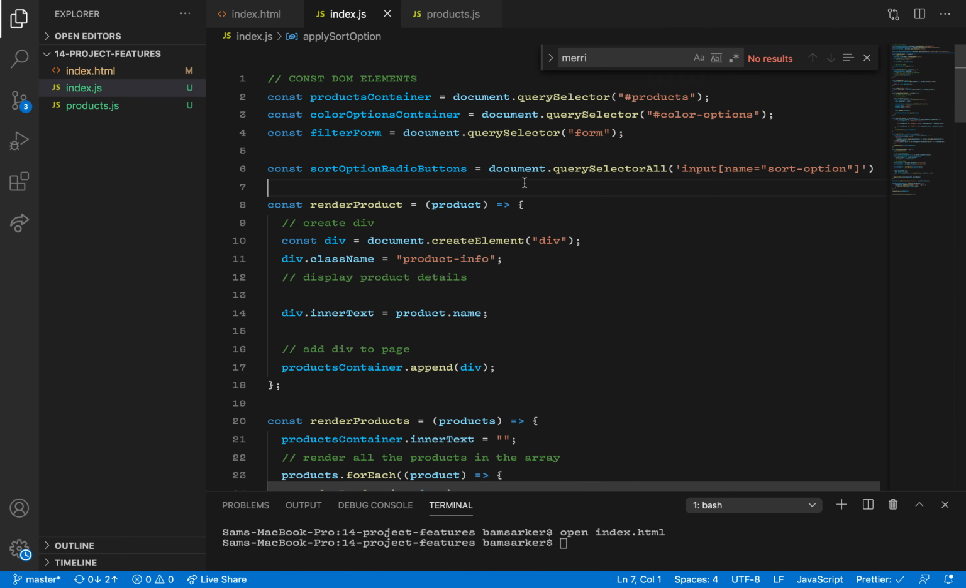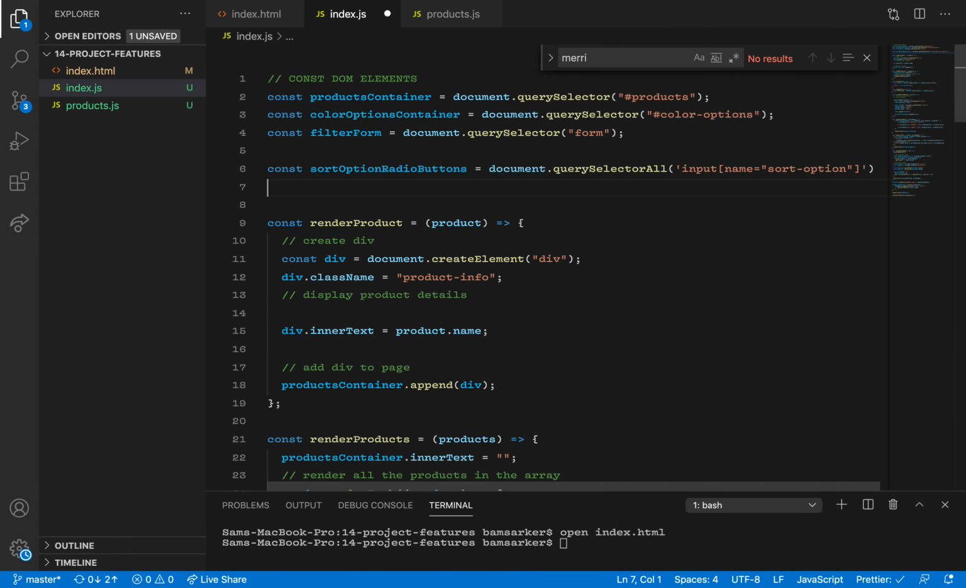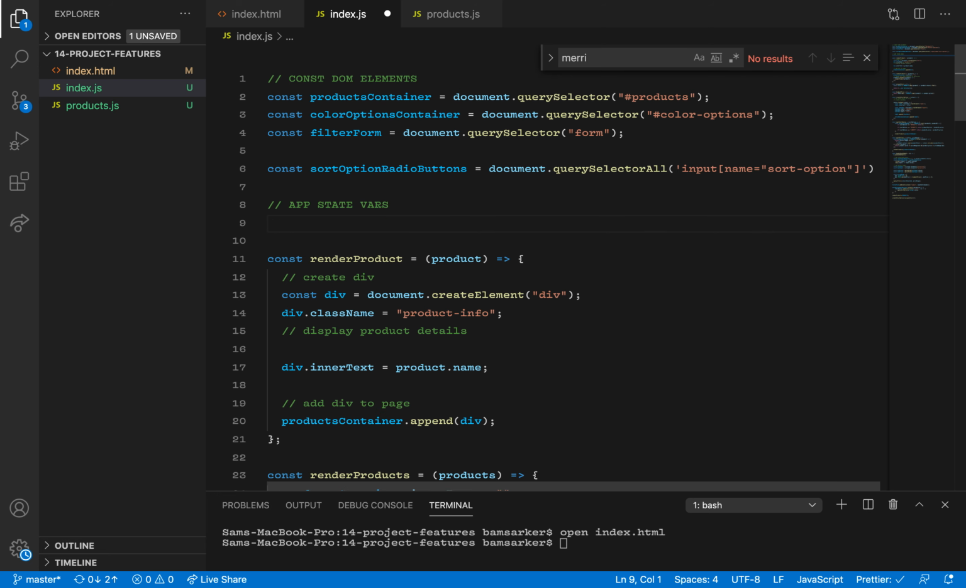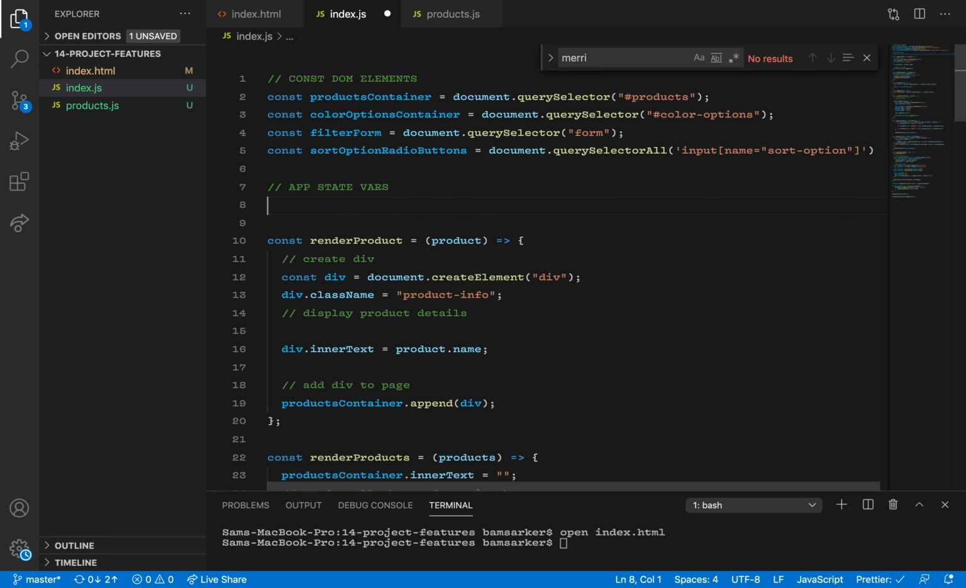I'm going to have, after my DOM elements, app state vars. These variables are going to remember the state of the app, and this word state is going to become much more common later in the course. React uses it a lot. We're going to have sort option. It initially starts just as the default option,